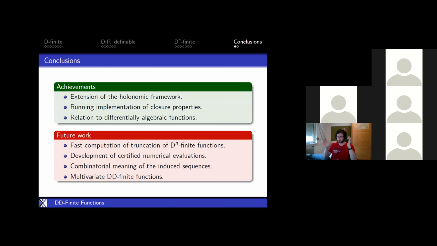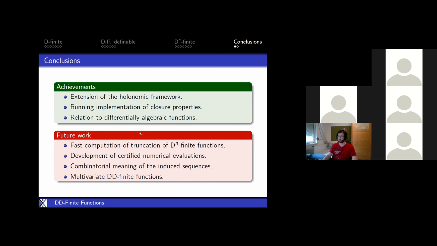To summarize what I have said here, we started with D-finite functions. We have extended it to a more general framework, which is this DD-finite, D3-finite, Dn-finite, and so on. And everything is implemented already in Sage. You can work with it. And we have to see how this chain of rings are related with the differential algebraic functions and what are